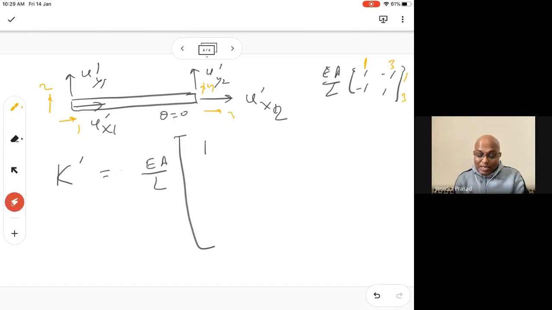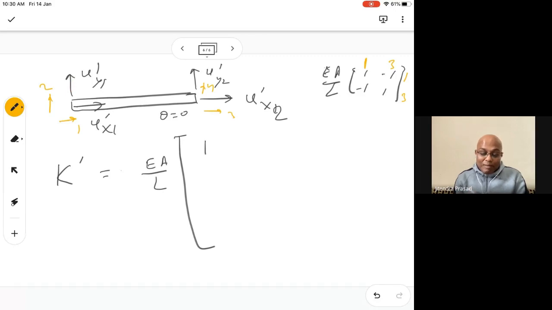So originally, when we did not consider the degree of freedom in the Y direction, we had only the X direction at both the ends. Then we just considered degrees of freedom number 1 and 3, 1 and 3. So we have 1, 1, 3, 1, and you have 1, 1, then 1, 3, then 3, 1, 3, 3. All the rest will be 0, right?